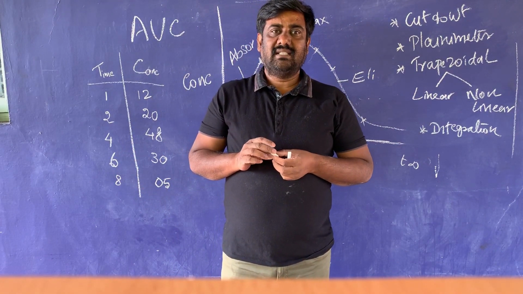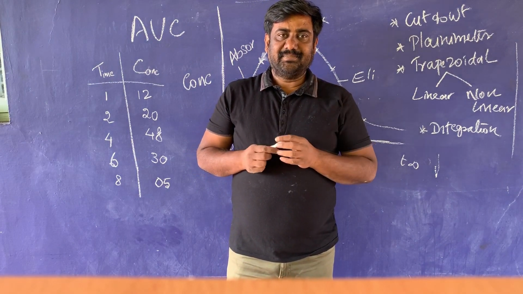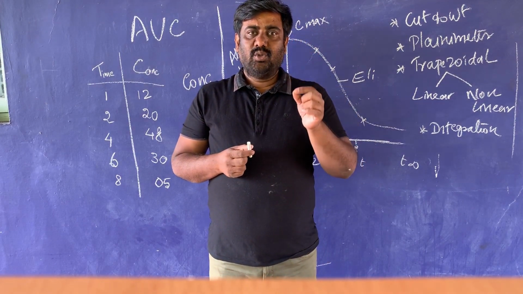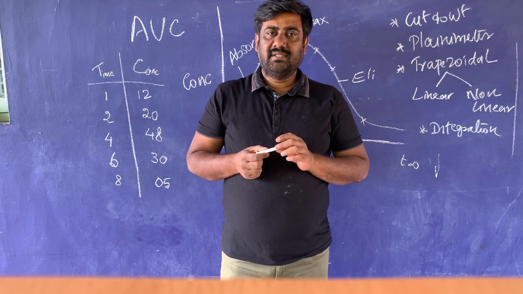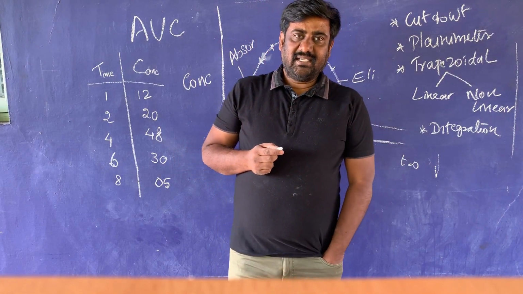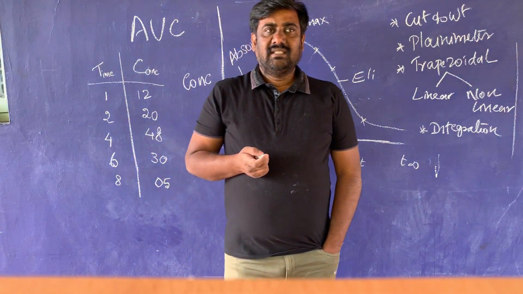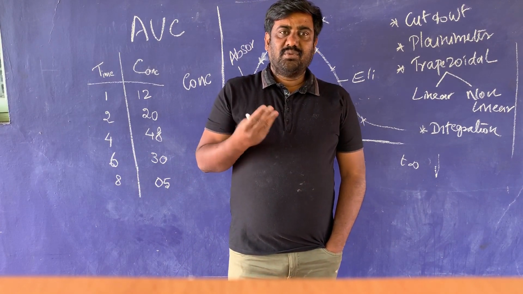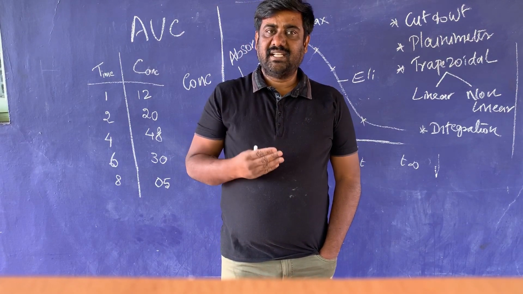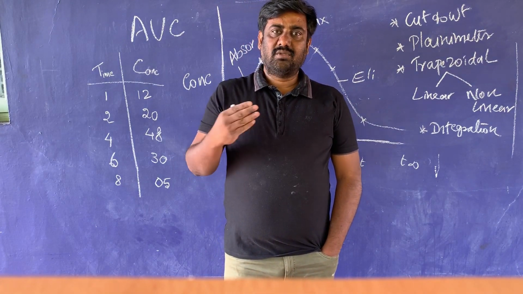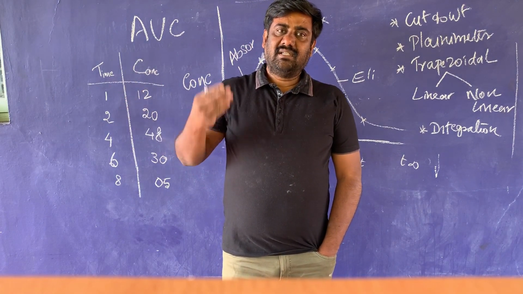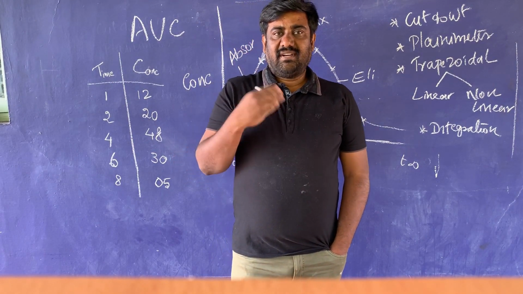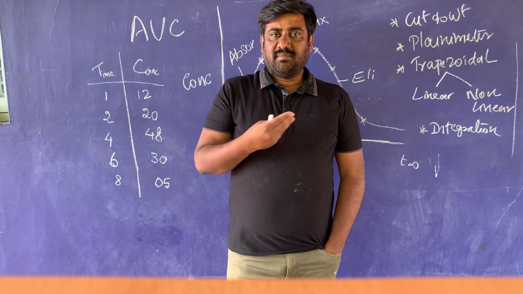So how to measure that and how to do that? We will select healthy human volunteers or animals. We will administer the required amount of drug. After administering the particular drug to the human volunteer or animal, from the volunteers we will withdraw around 5 to 6 ml of blood at periodical intervals. Maybe starting from 0, 1 hour, 2 hour, 3 hour, 4 hour, up to 8 hour, 10 hour, as per the requirement of the study to be conducted. So, for example, after administering drug, around 5 to 6 ml of blood is collected.